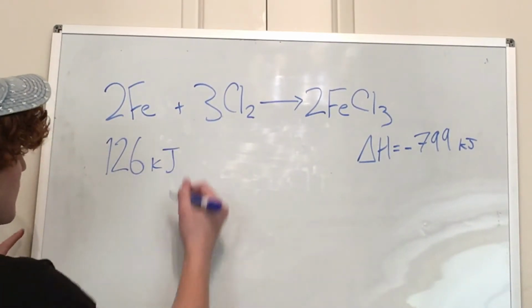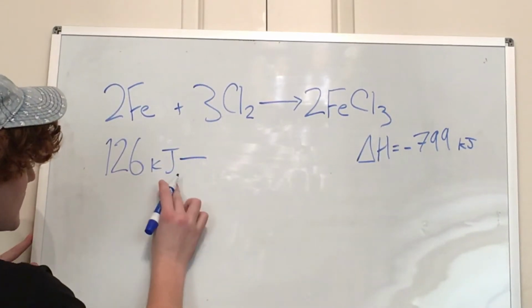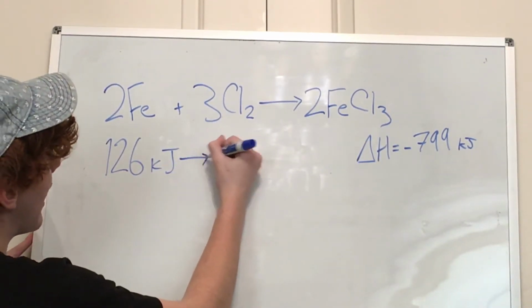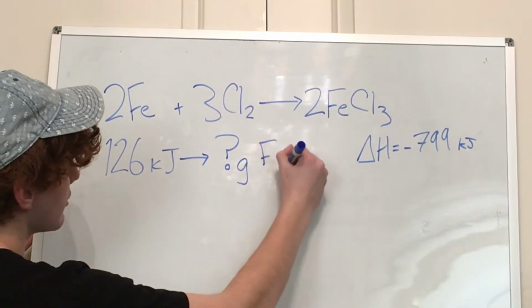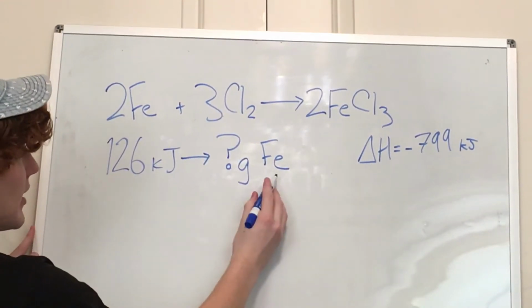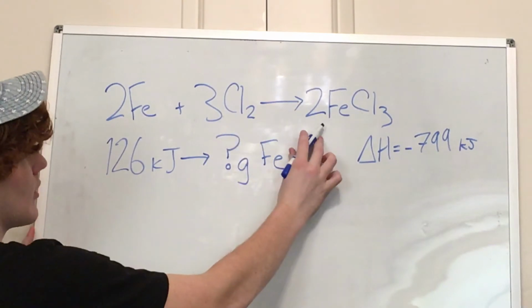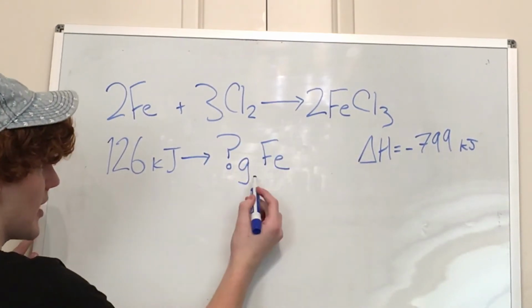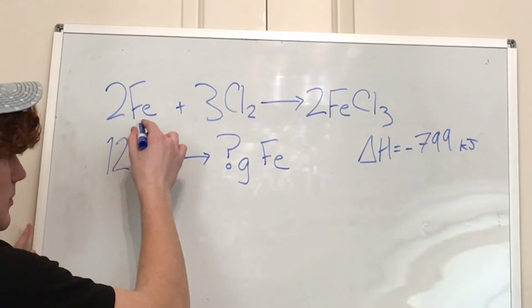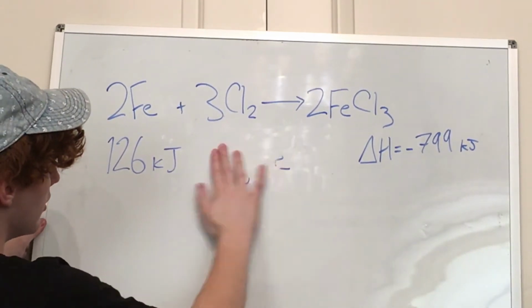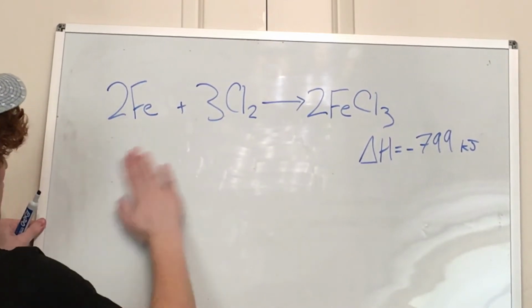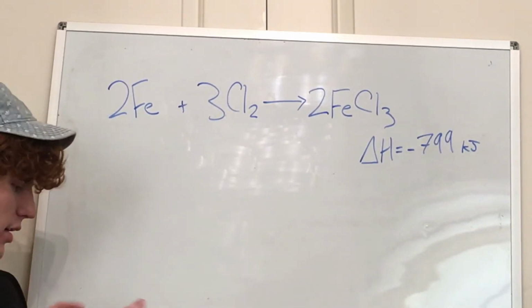So it's asking us to find, when we have 126 kilojoules, how many grams of iron are we going to have? All right, it's asking for grams of iron, not grams of chlorine, not grams of iron chloride, just grams of iron. So iron is the only one that we're going to be paying attention to. Now, if you remember from the last video, we always start with what's given. And in this case,